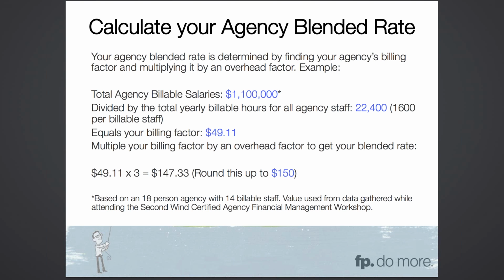So calculate your agency blended rate. Basically, the way that you're calculating the blended rate is by determining the agency's billing factor and multiplying it by an overhead factor. Now, the data that I'm using here, the examples, the total agency billable salaries and things